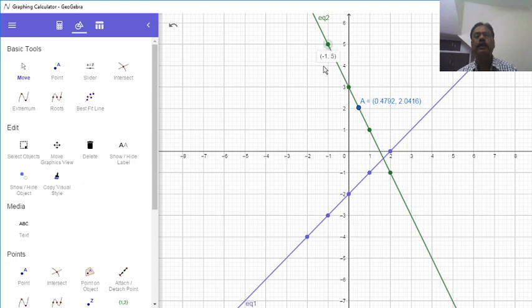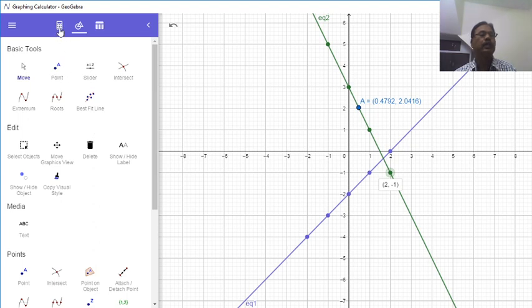You can see here all the points. The coordinate of this point is minus 1, 5, the coordinate of this point is 0, 3. Understand? And the coordinate of this point you can see here is 2, minus 1. You can see 2, and this is minus 1. So in this way we have drawn another graph for the second equation. Understand? Now we are coming to the third equation.